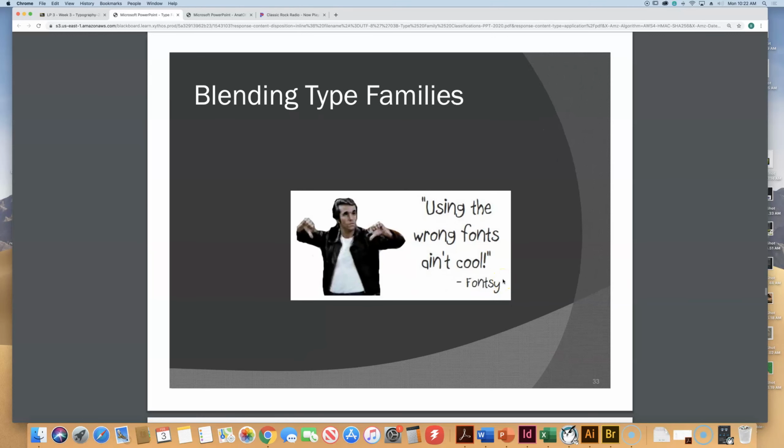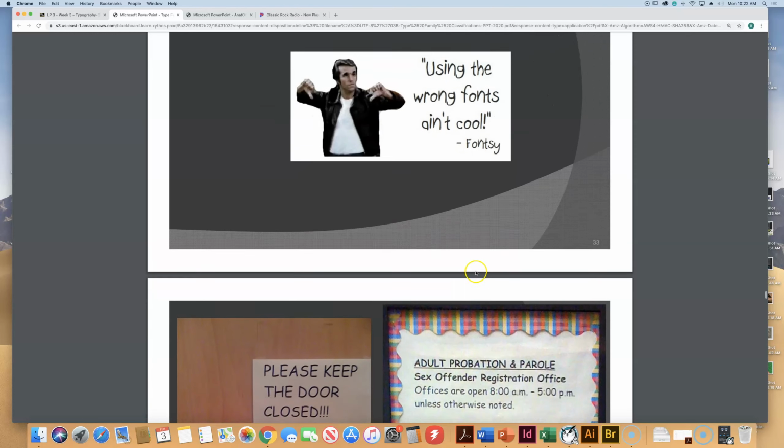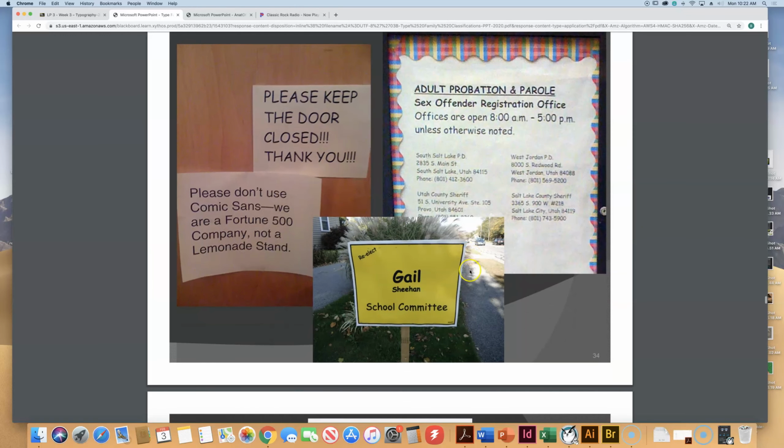Blending type families. Using the wrong fonts ain't cool, says Fonzie. Again, this is like the construction truck with Comic Sans on it. Speaking of Comic Sans,